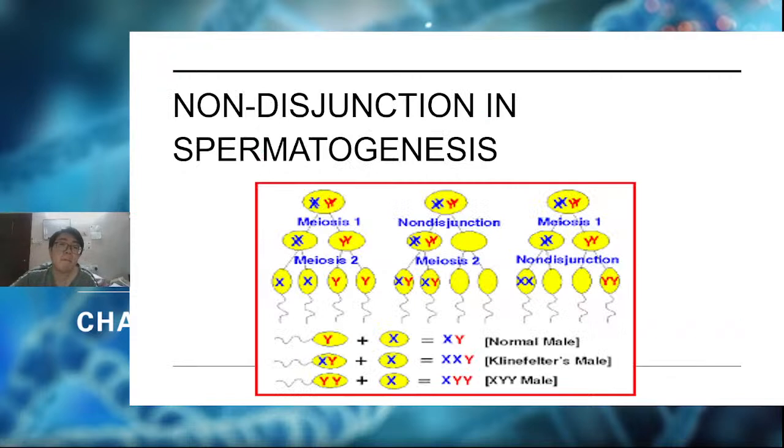Next is spermatogenesis. Spermatogenesis will be more complex because our male sex chromosomes contain X and Y, so many types of conditions can occur. If you see this first column, it is the normal condition. The normal condition will produce 2X, 2Y, right? But if the non-disjunction occurs in meiosis 1, the two cells produced